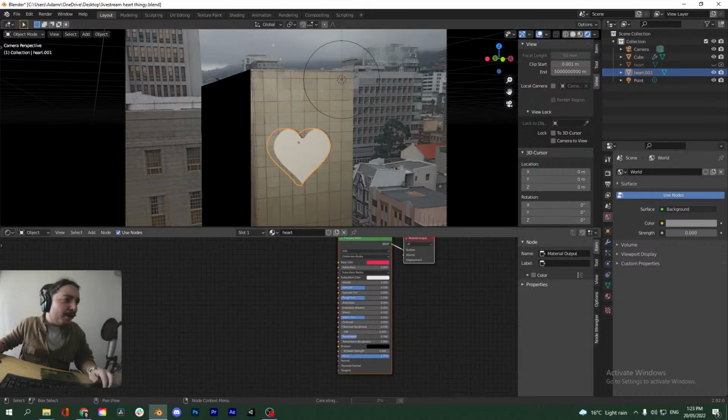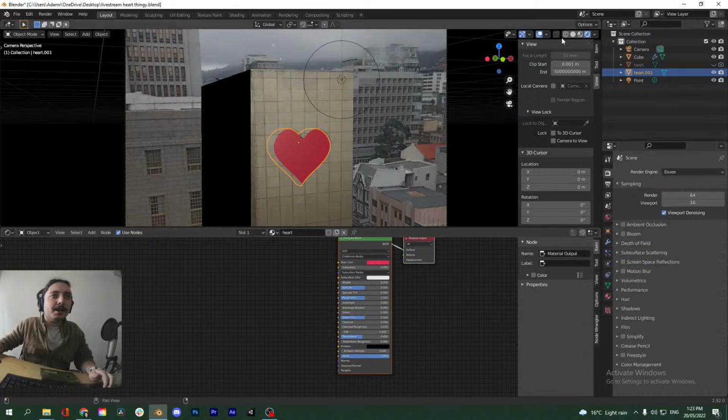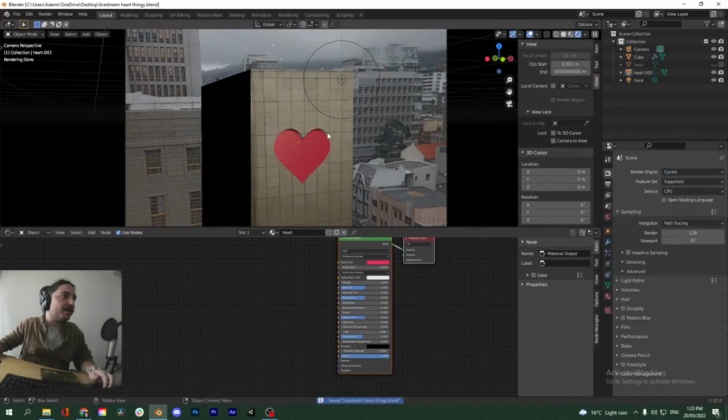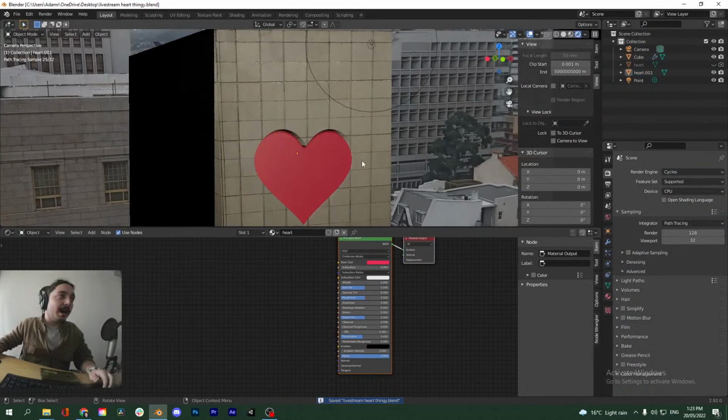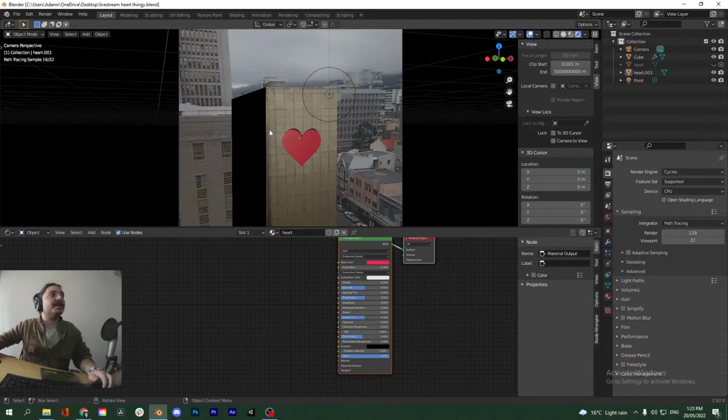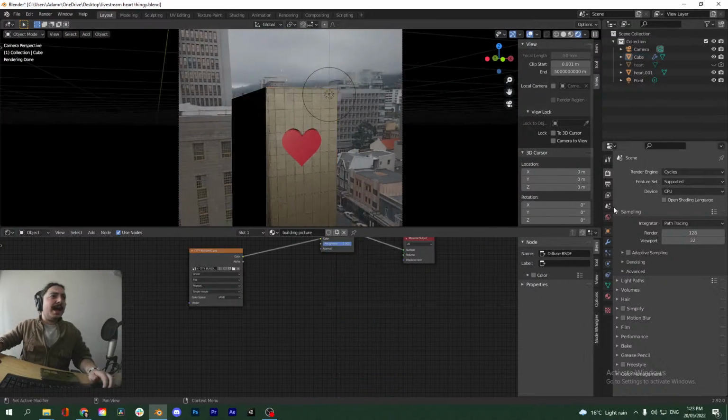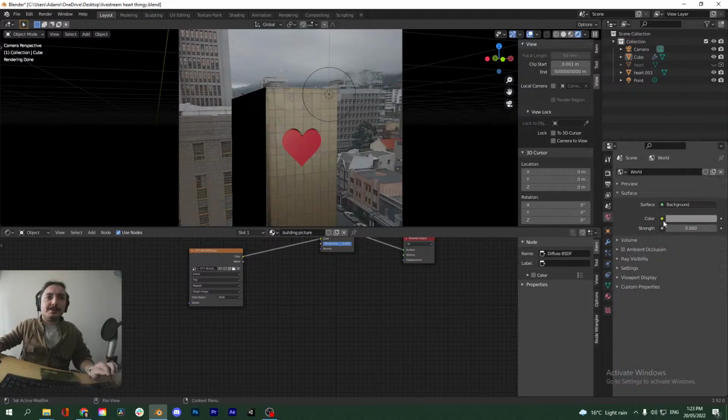But we can also tweak this material a little bit. Let's make it slightly transmissive. And I like to work in Cycles because it's a bit more realistic, especially for transmissive materials. Now we're really emphasizing the shadowing over here, and you can really see that it's actually engraved in there. And for the sake of realism, we probably want to include an HDRI that matches the scene a little bit better.